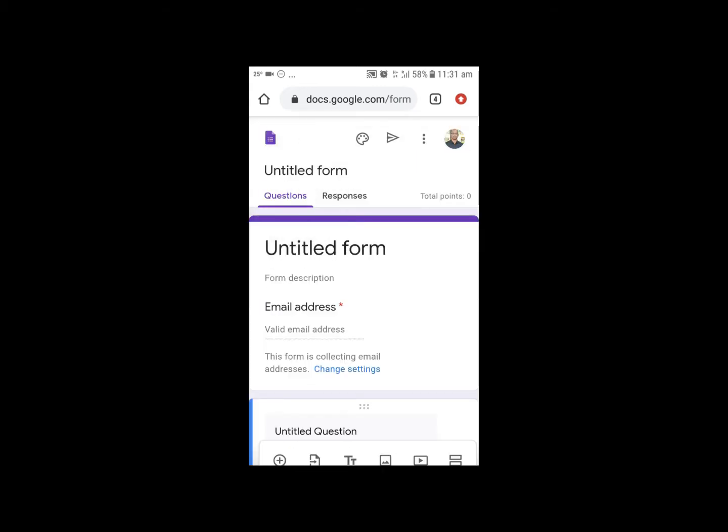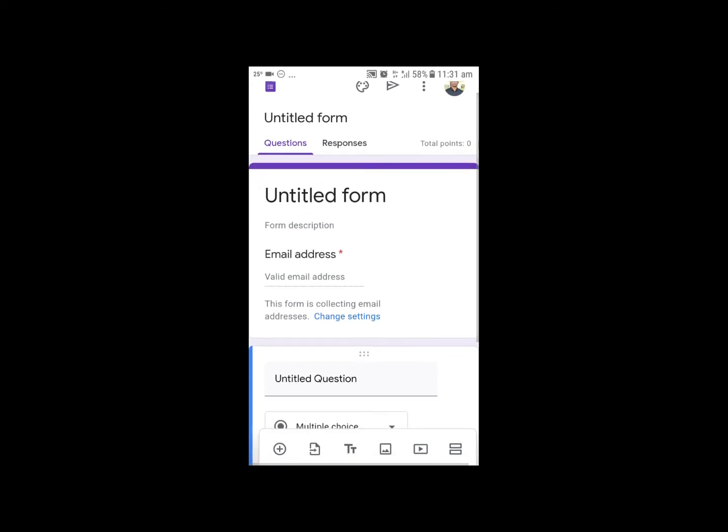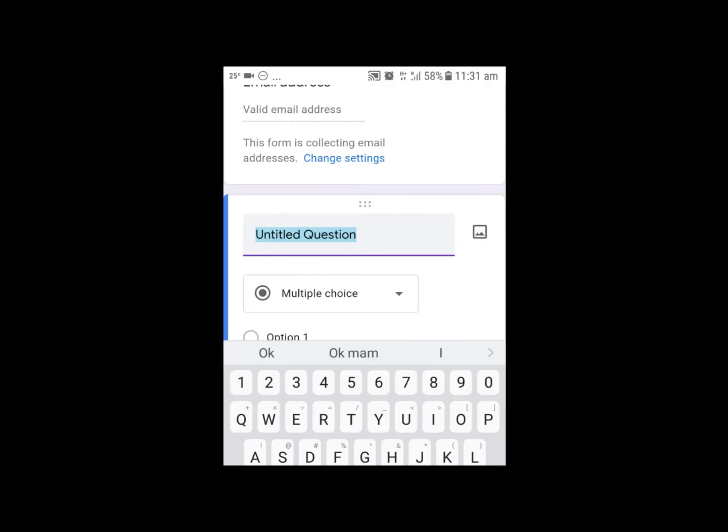Now come to the questions. Now let me show you how to set an MCQ question. So let me type the question here. What is the capital of India? So this is a multiple choice question.